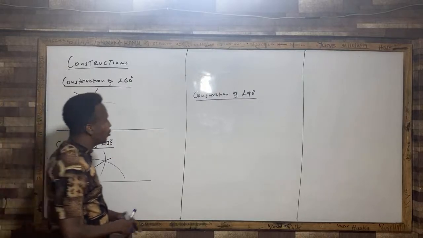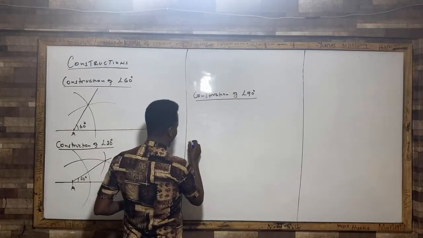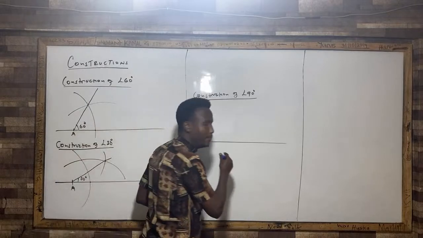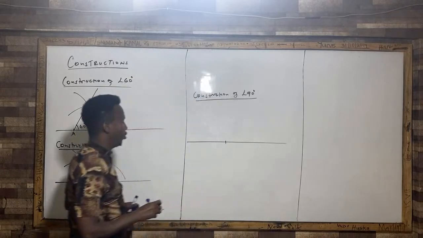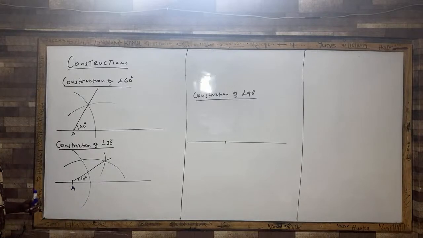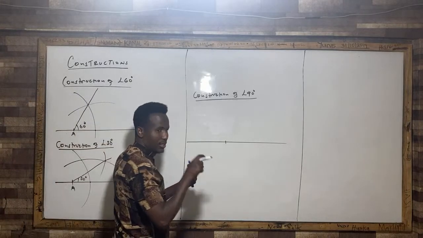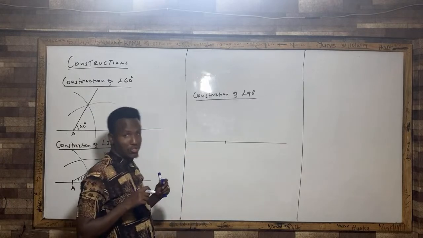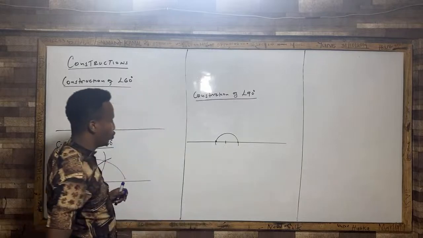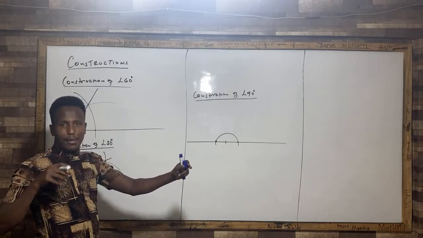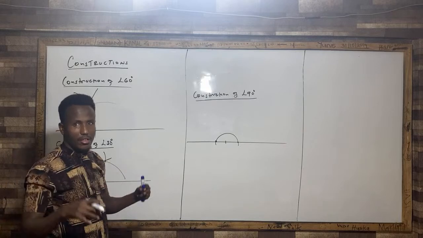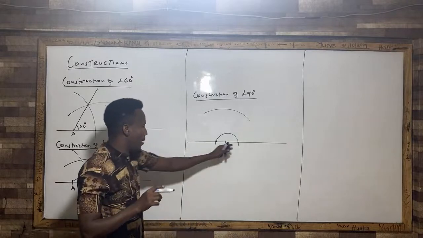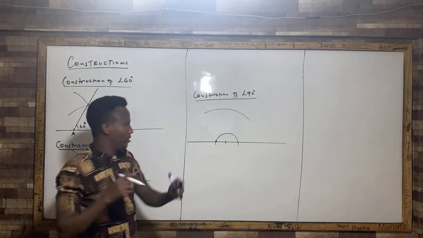Come again. What are you going to do? I will draw a straight line. This time, I will stand here at the middle. I want to get angle 90. So what do I do? This time I'll take a small radius, not too big, not too squeezed, just inside the straight line at two points. Now extend your pair of compasses, that is, increase the radius. Come here and draw an arc here. Remember, when you draw this arc, don't interfere with the radius. Again,